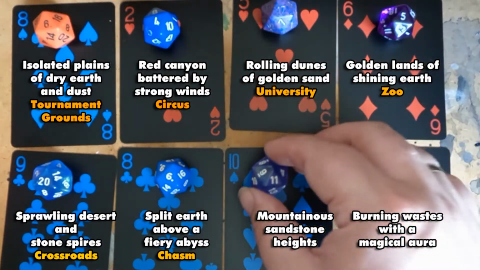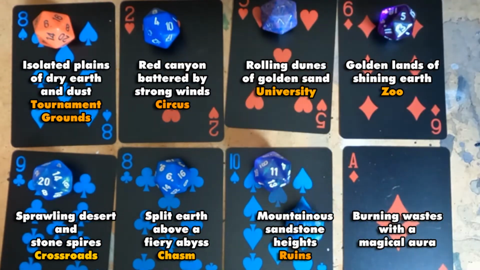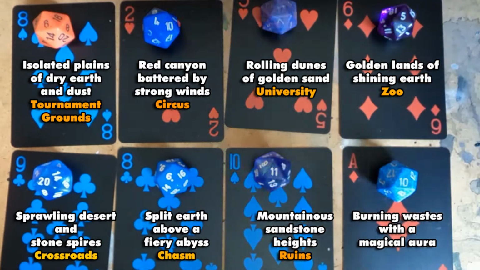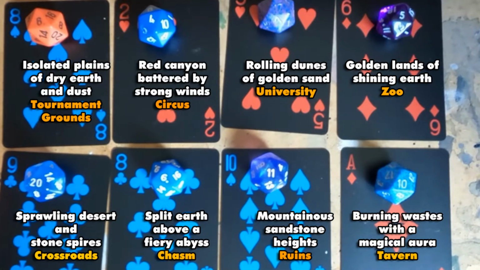Then we have an 11 for spades, which is ruins. And finally, we have a 10 for diamonds, which is a tavern. So now we've got our 8 areas of terrain, and we have a principal point of interest for each of